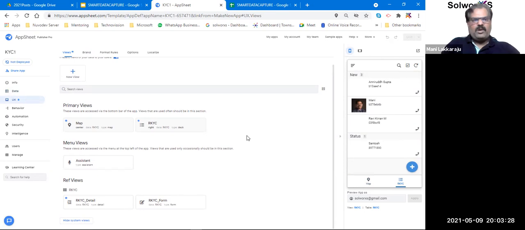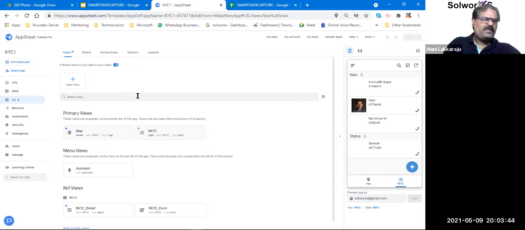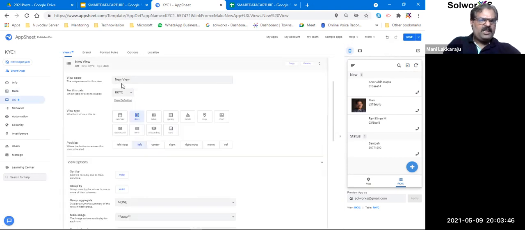So now you have another data also. Let's say I have one more view in that, okay, which is a similar data, but I want to create it in a different view, right? So what I'll do, I'll go here and I'll create a different view here. I'll just say new view. Then it will ask me which table I have to take. I'll keep it as new view. Then I'll go with something called, let's say, gallery.